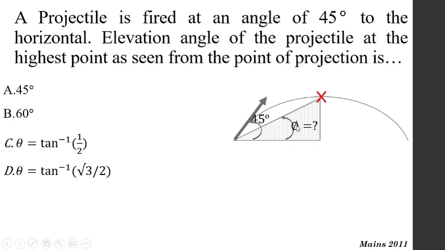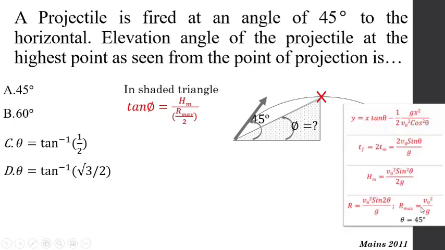So to find out this angle, in this shaded triangle we can find tan phi equal to height divided by range by 2. So in the shaded triangle, tan phi will be equal to height of the projectile divided by range by 2, because this is the total range and this distance will be half of the range. Angle of projection is 45 degrees, and for 45 degrees we can take the range to be the maximum.